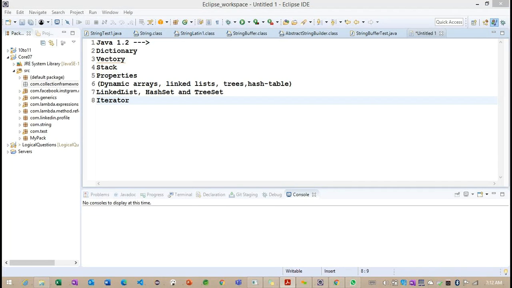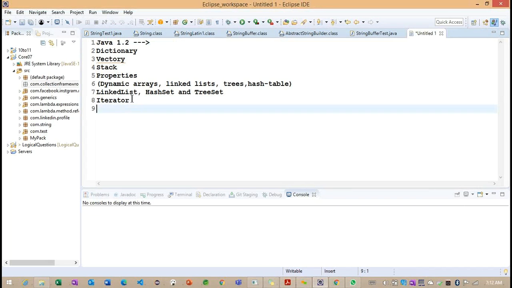Now we have one more important concept, the Map interface. The collection framework added another interface called Map, along with map classes.